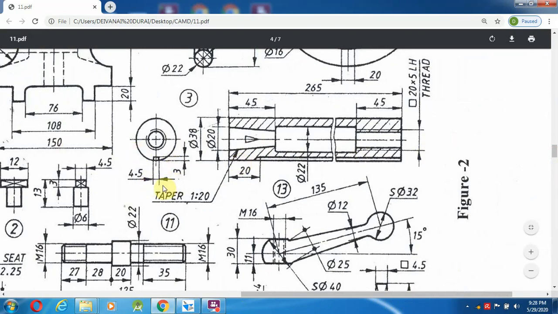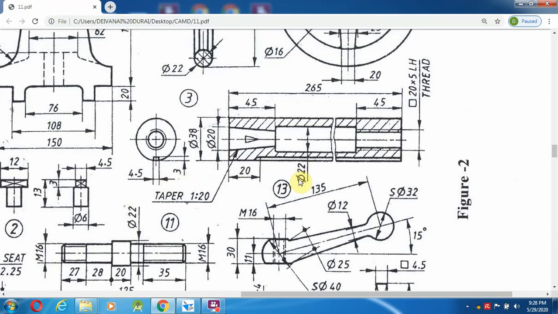In the side view there is a small tapered cut coming up to the 245 mm length. For that, this taper length is given in the side view provided over here.